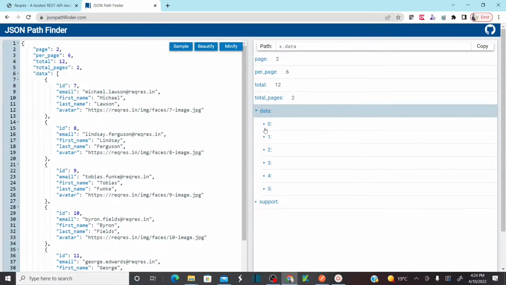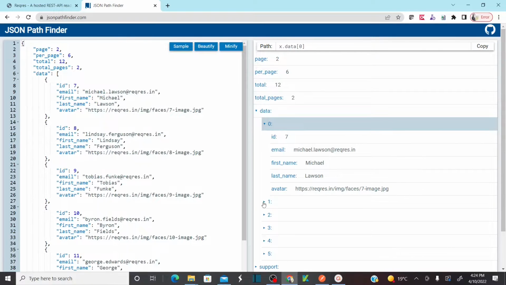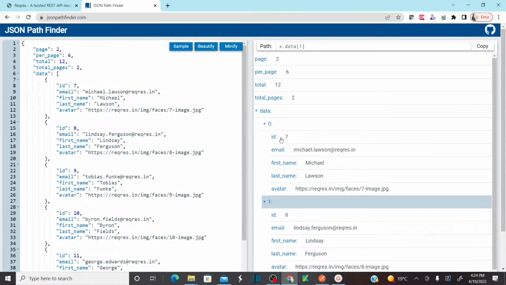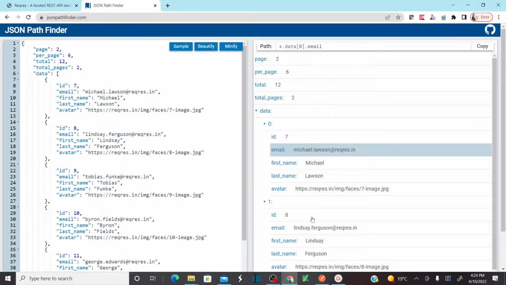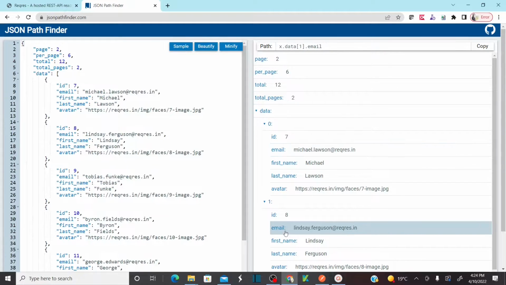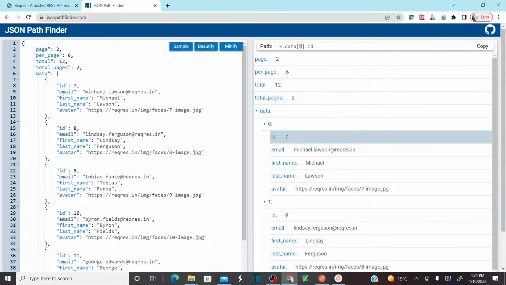and open this. This is my first element, this is my second user, right? I want to capture the first user ID. For that, click on this first user ID, and here if you see the path, this is my path. If I click on email, this is my path. If I click on my second user email, data 1, this is my data 0, right? So now I want the JSON path of this particular ID. So copy this JSON path